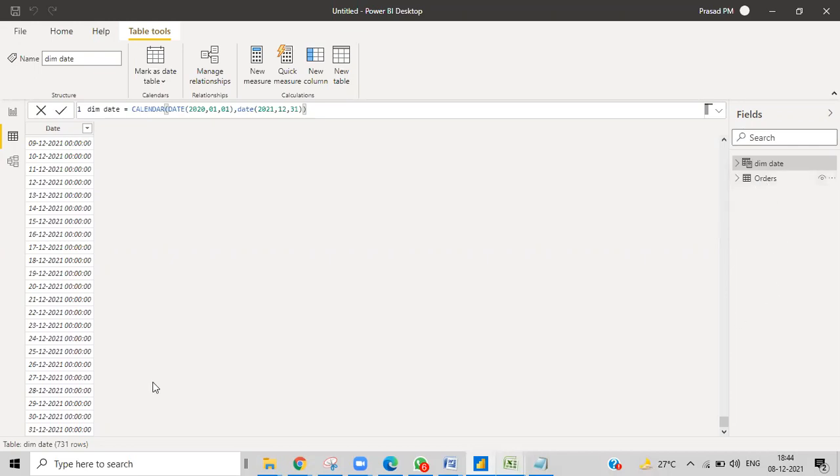It will start the calendar from January 1st of 2018 and end on December 31st. Even if I have dates from June 2018 to April 2021, it starts with January 1st, 2018 and goes to December of 2021. So it automatically gives us the range; we don't want to give any start date and end date.